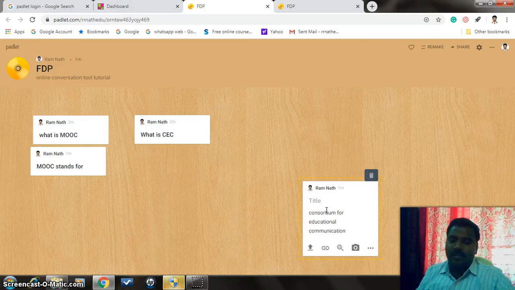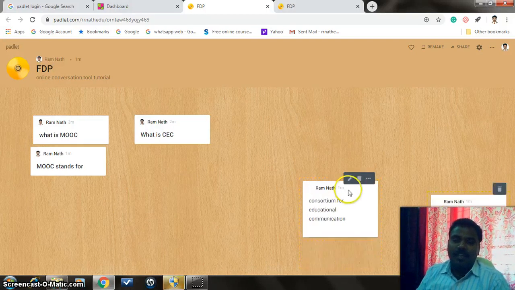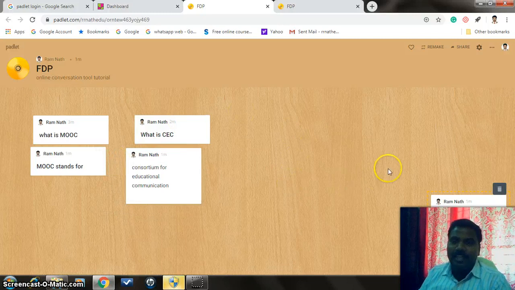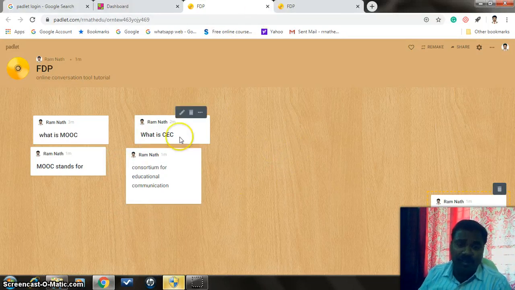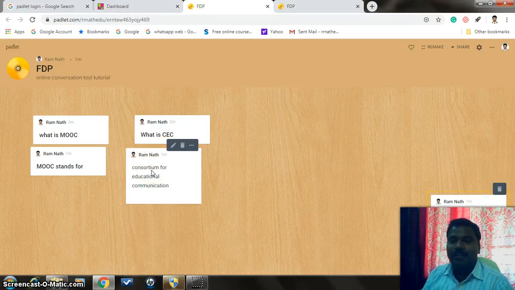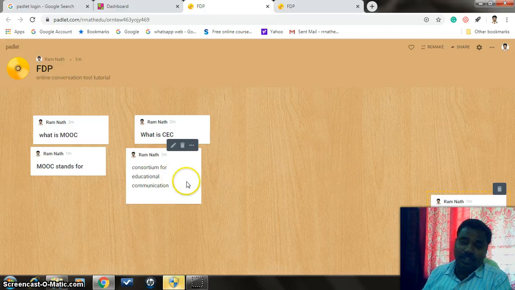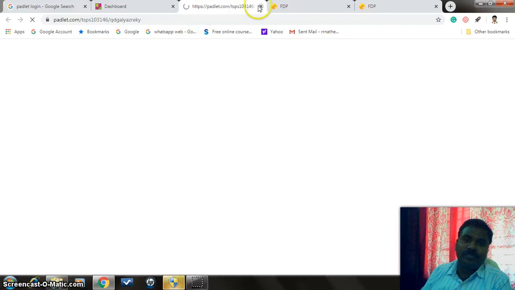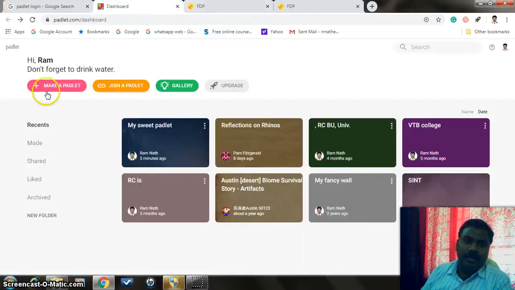Consortium for Educational Communication. After typing over here, I take these things and they can be rearranged. Based on that, any number of conversations with images, files, different types of uploads, and a direct link from Google, all types of options are there. This is how the teacher and students both can make use of make a Padlet and join a Padlet. I hope that Padlet will be very helpful to you.